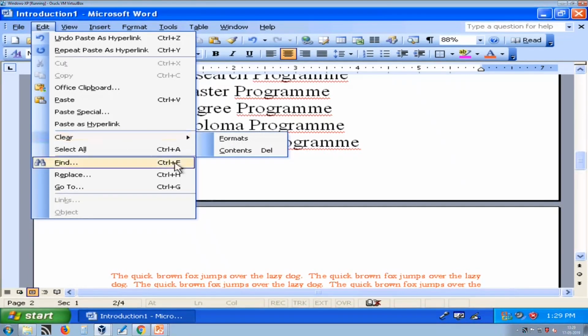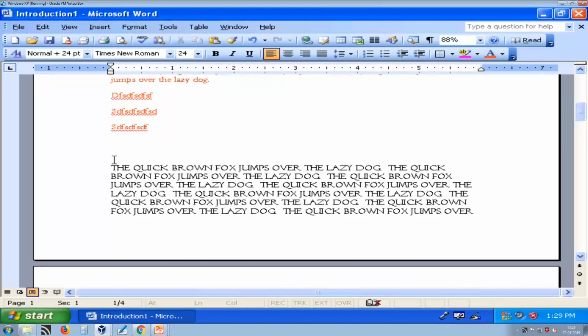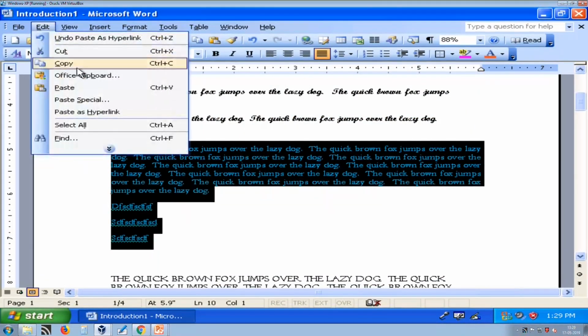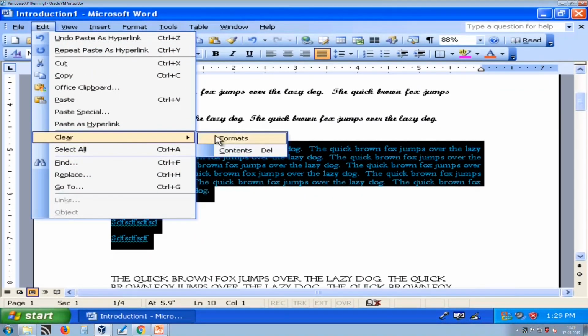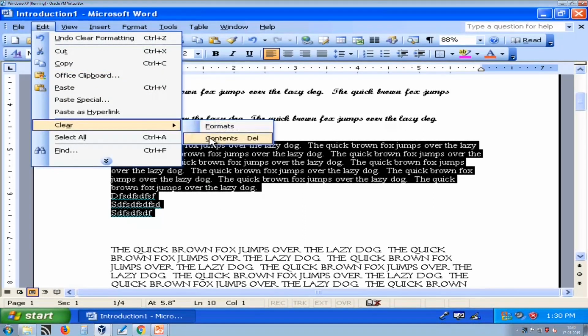Now, clear means delete. Now, suppose I want to just remove formatting from this text. So, what I can do is Edit and then Clear Formats. So, it just removes formats, it does not delete your content. If you want to delete, either choose clear contents or just press the delete key.